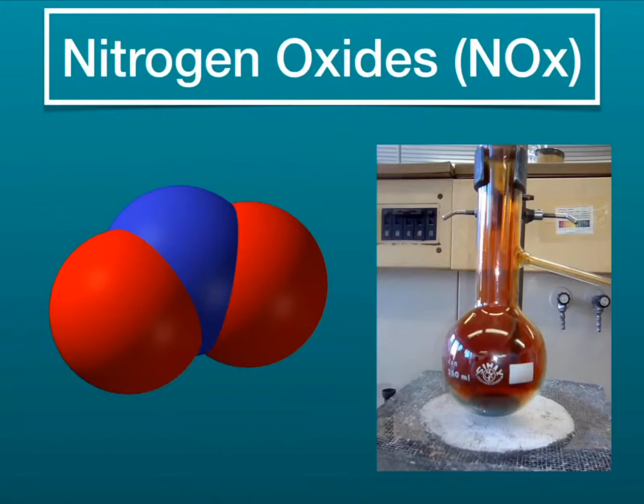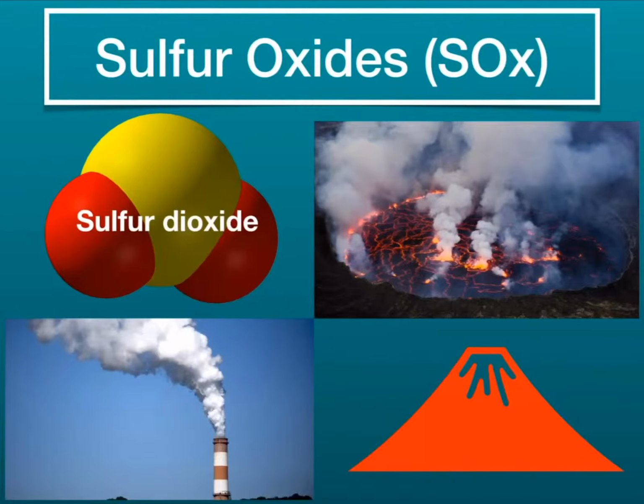immunity to lung infections. Sulfur oxides are a group of compounds made up of sulfur and oxygen molecules. The most common sulfur oxide is sulfur dioxide, which is a colorless gas with a strong foul odor. They are formed during the burning of fuels containing sulfur, such as coal and oil, and metal-containing ores such as aluminum, copper, zinc, lead, and iron. They can also be produced naturally from volcanoes and hot springs.